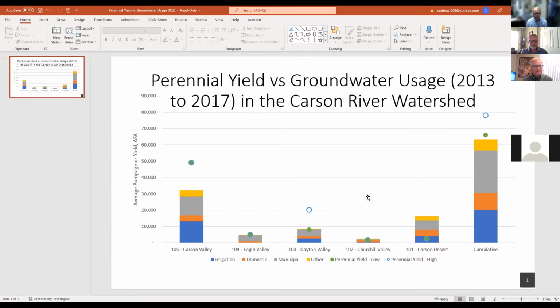As we move up river, we get to the Dayton Valley groundwater basin. And this one is kind of unique because there are 2 perennial yields. There's a high perennial yield and a low perennial yield. The definition of perennial yield is typically the average sustainable water you can withdraw. But when they were doing the analysis on the Dayton, they looked at what happens during wet years versus dry years. You can see that the amount of groundwater being currently pumped is close to the perennial yield in a